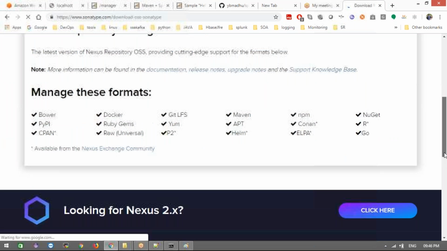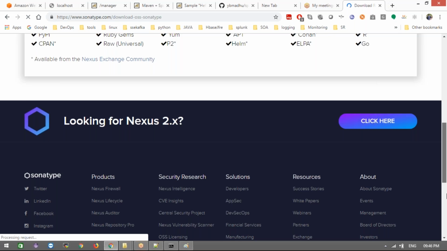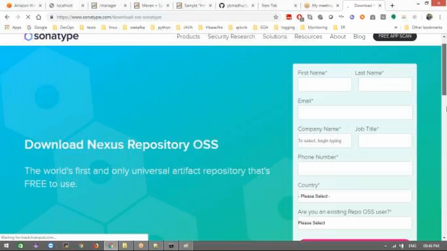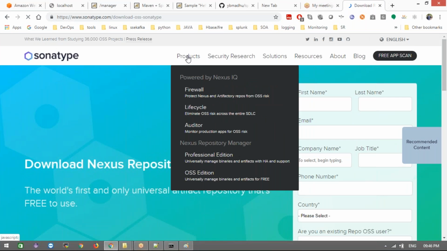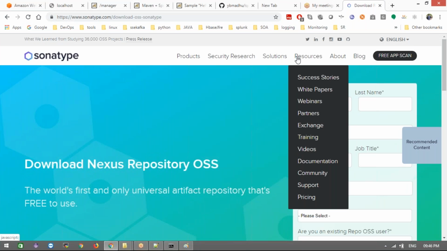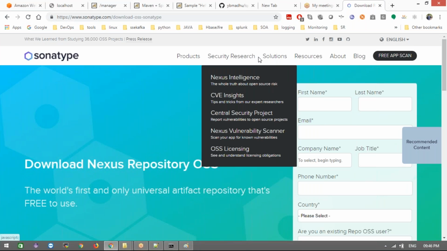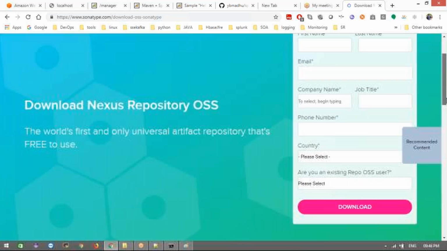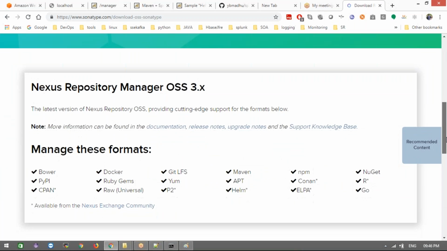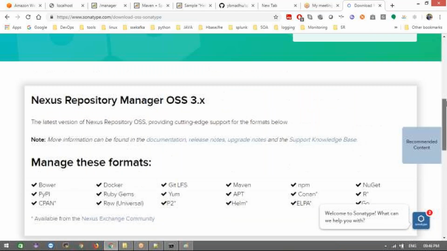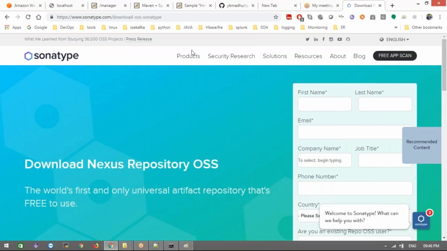Now here, go with products, resources, and there is documentation, release notes, update notes, supports, community. Why did they change the website? Now let me go to the download section.